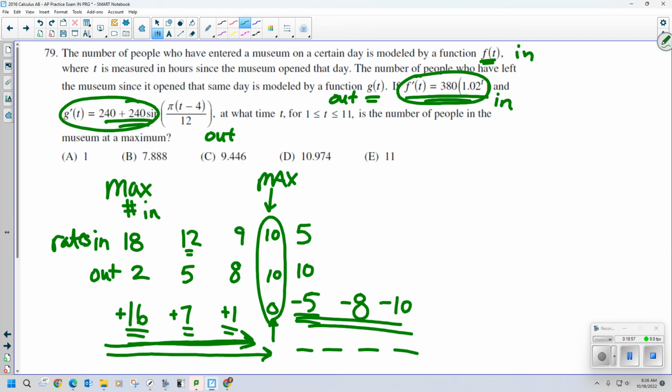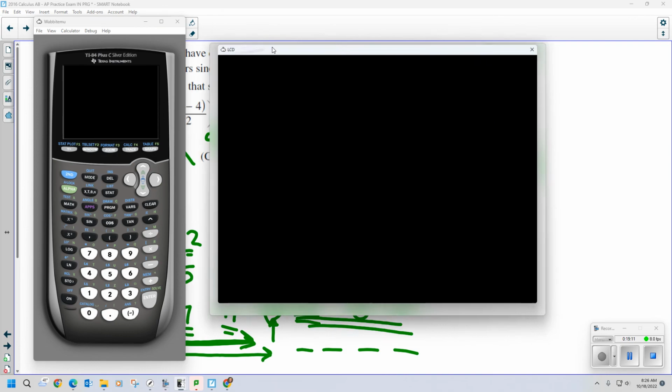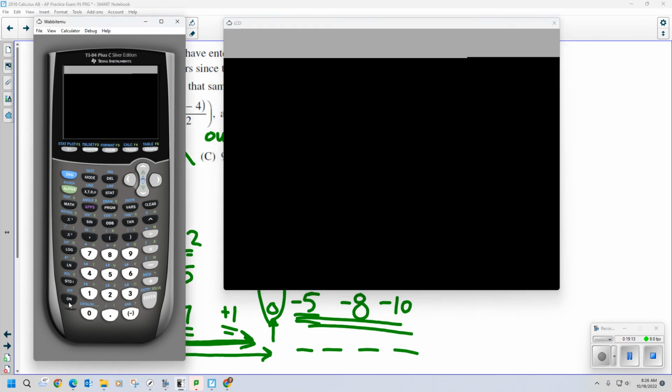I'm going to graph the rate of the people coming in and the rate of people coming out. And you'll notice that the people coming in on the graph, it's always higher. At some point, they're going to be equal. And at that point, that's when